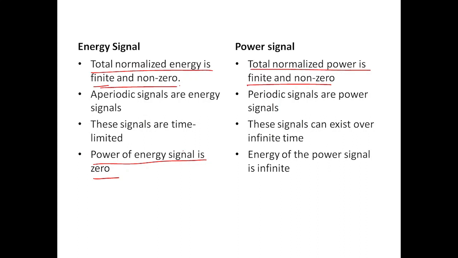So if you consider the whole time period, in that time period the time limited signal component is very negligible, with capital T tending to infinity. If it is minuscule, then it is regarded as zero power. On the other hand, the normalized power of the power signal is finite and non-zero,